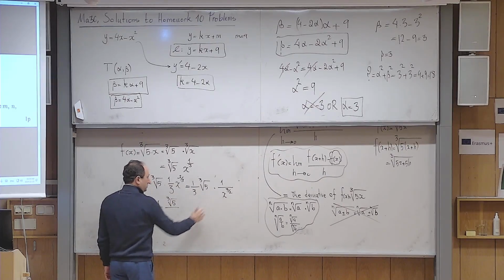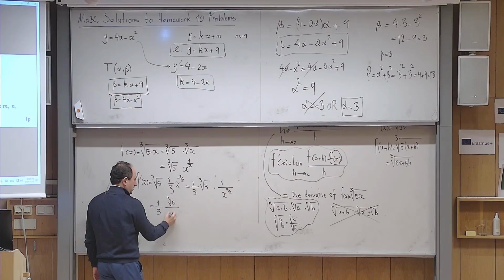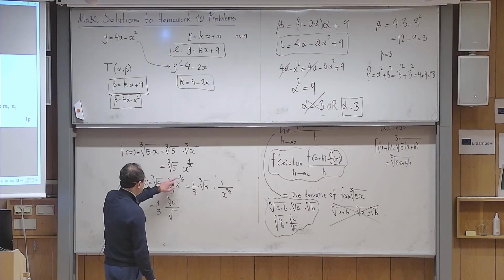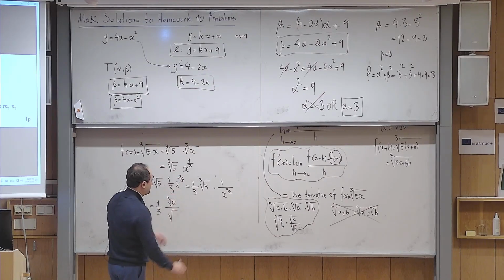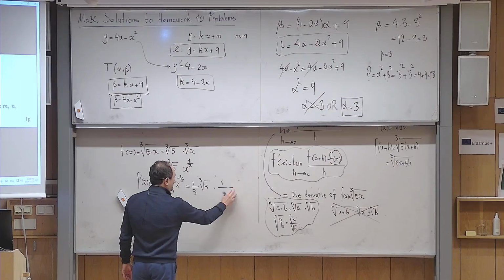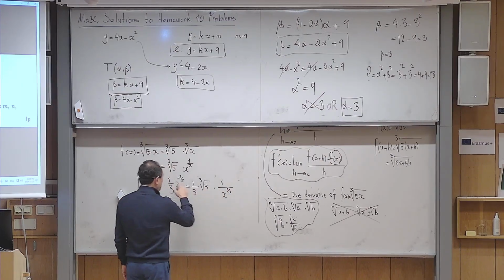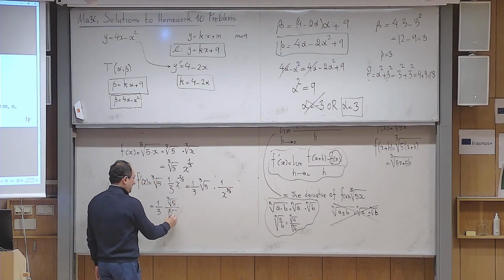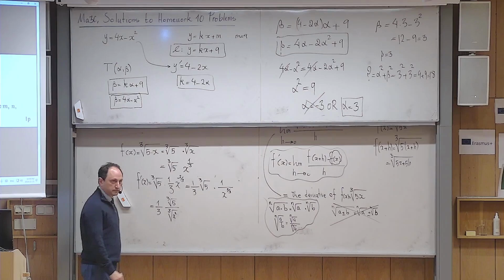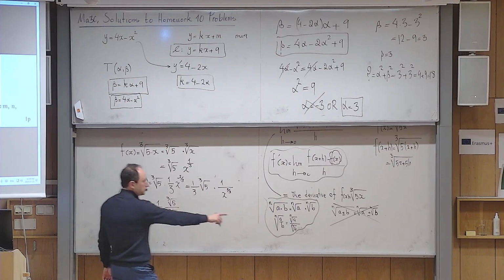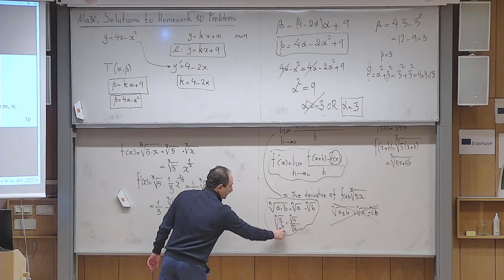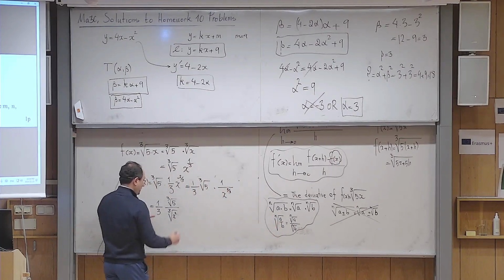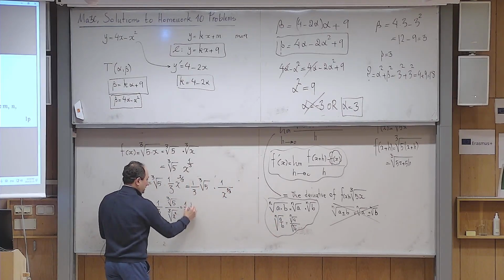But this can also be written as a third root. No, I made a mistake, sorry. This was 2/3 minus, when I bring it down, it remains 2/3 but positive. Sorry, that was my mistake. So now 3 goes up here, x to power 2 goes there. And now, according to this rule, I can write it as the 1/3 power. So I copy and paste a third root of 5 over,